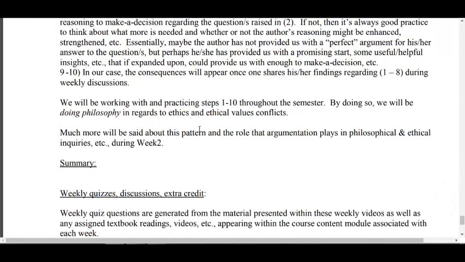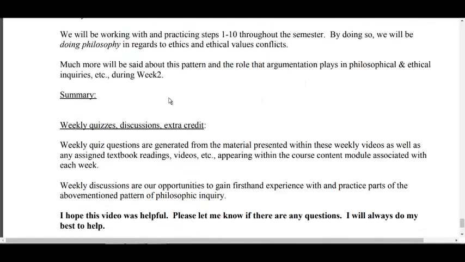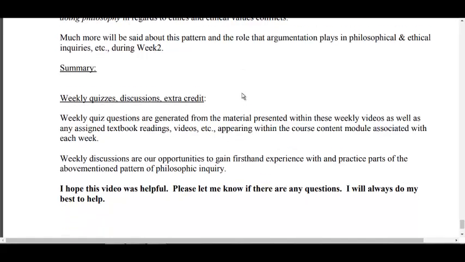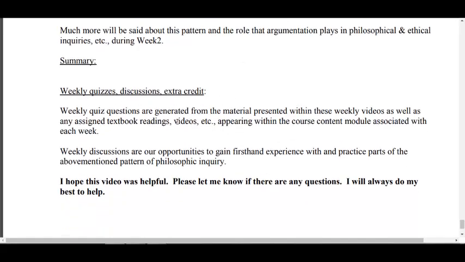That being said, yes, next week you'll have a video by me that talks about this pattern and the role that argumentation plays in philosophical and ethical inquiries. A lot more detail coming next week. We'll run through some scenarios. We'll do some practice. In terms of, given this is the first week, how are weekly quiz questions